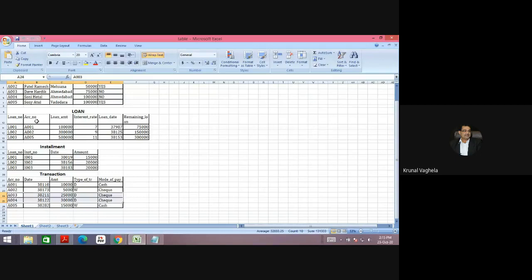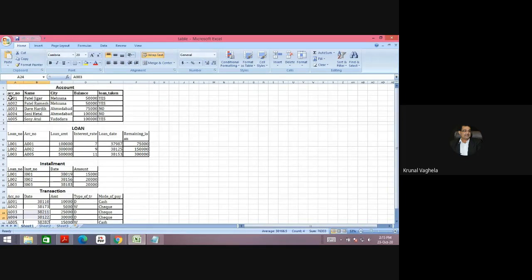If you perform loan dot ACC number is equal to transaction dot ACC number, A001 will come, A002 will come, A005 will come, but you will lose the data of A003 and A004 in your answer.